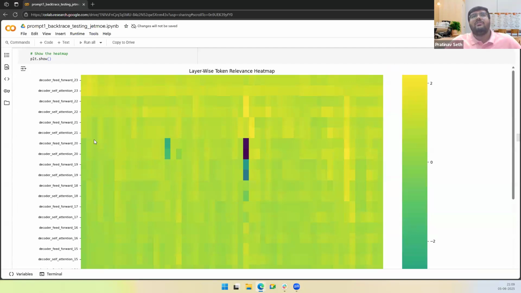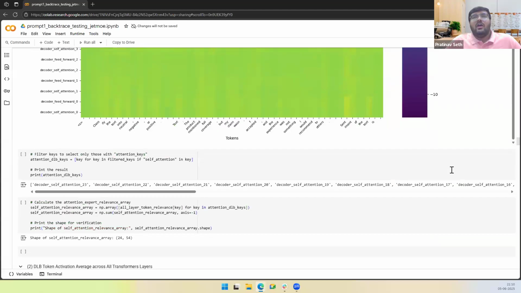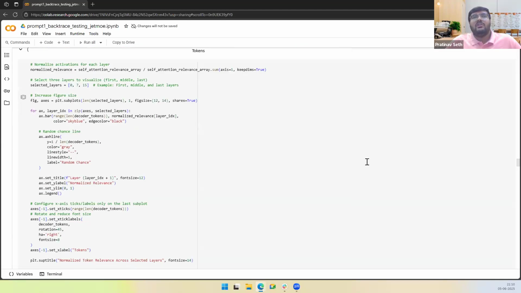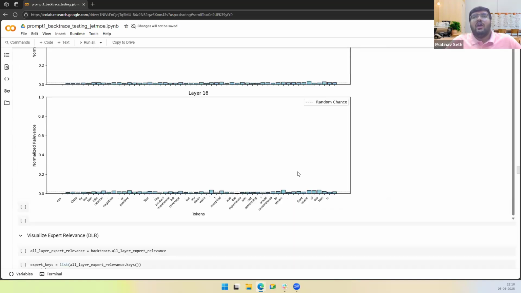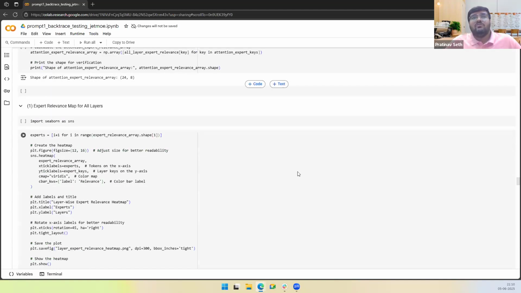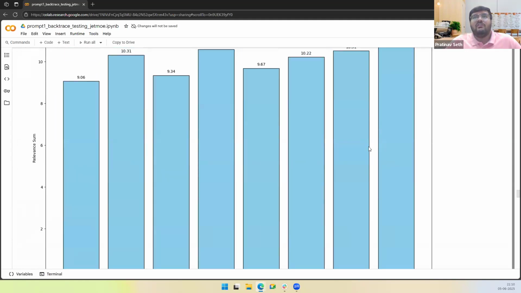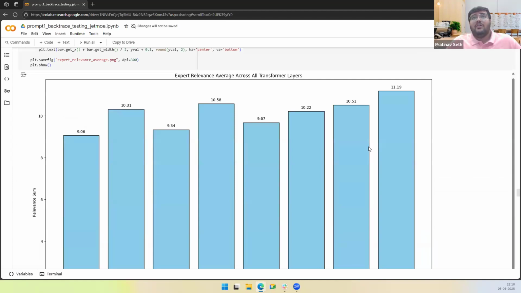So for this particular sample, we see certain layers are not very important. So we can just prune them together and make our model much better. And similarly, it's for different layers, different experts, and you can do a lot of stuff on the alignment front. So this is how everything can work with Backtrace.